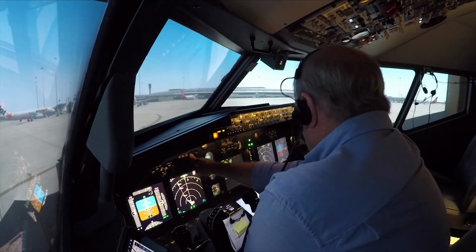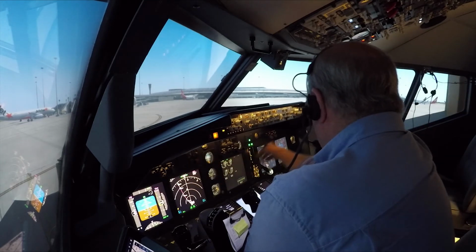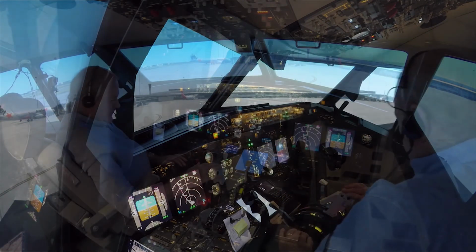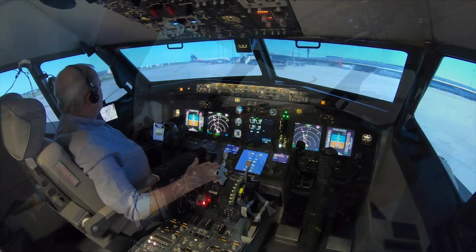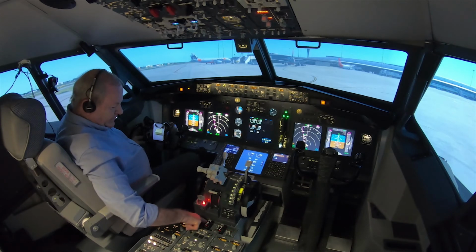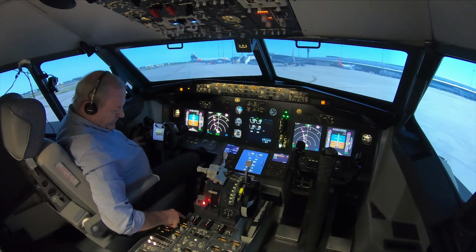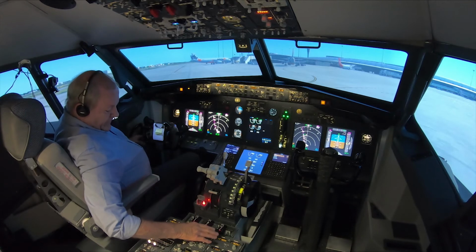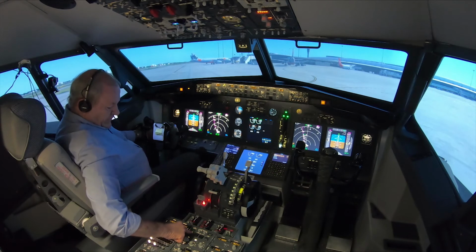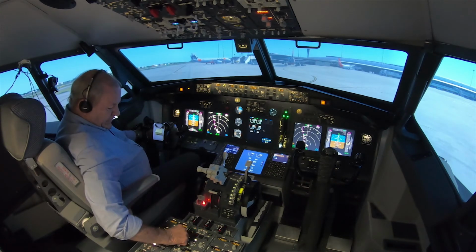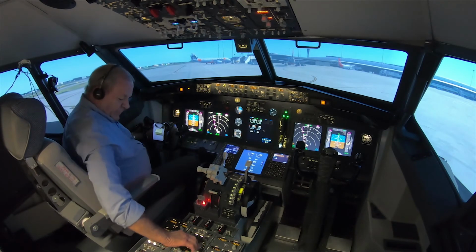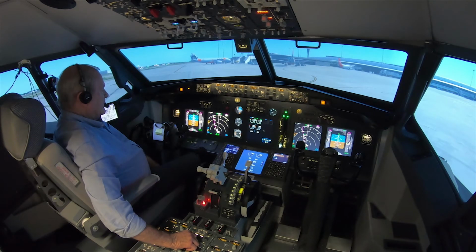We have also checks on these on both sides. The first officer would do his as well. Then we come through to checking the panels. We have our fire panel here. We check that. That works fine, and both those work okay. We have our cargo hold fire panel, so we can test that as well, and then we arm those two extinguishers. Coming through to the weather radar, we can check the weather radar,